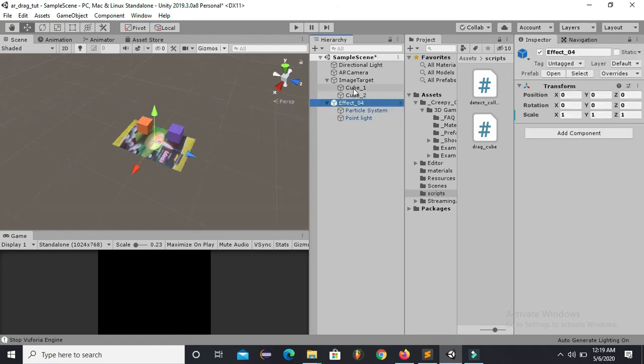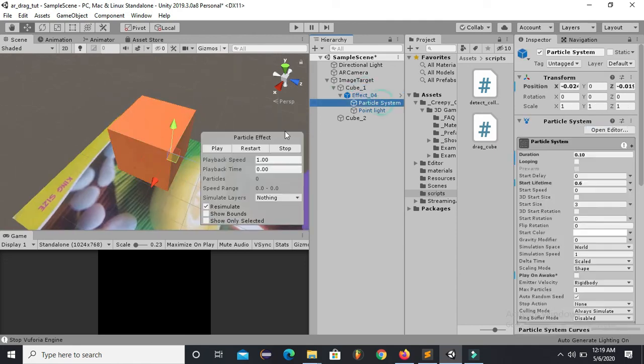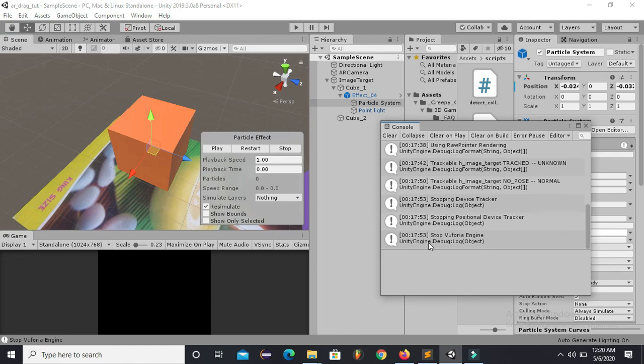Now if I drag it to the cube 1 and I will change its position, so you can put this particle system according to your need. I'm just putting it in the middle of the cube 1. So now we are done with all the settings and I've saved the scene.